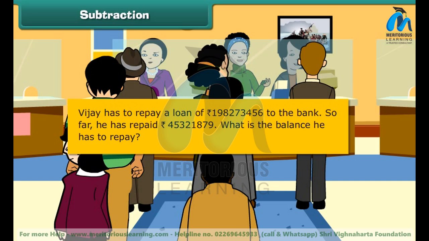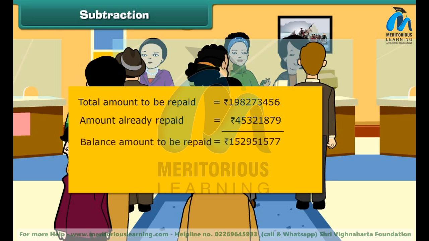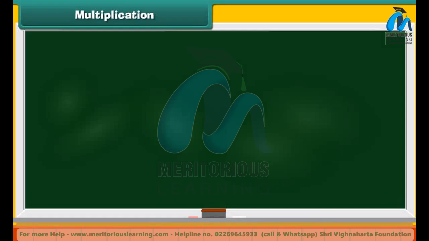Vijay has to repay a loan of rupees 198273456 to the bank. So far, he has repaid rupees 45321879. What is the balance he has to repay? Total amount to be repaid is equal to rupees 198273456. Amount already repaid is equal to rupees 45321879. Balance amount to be repaid is